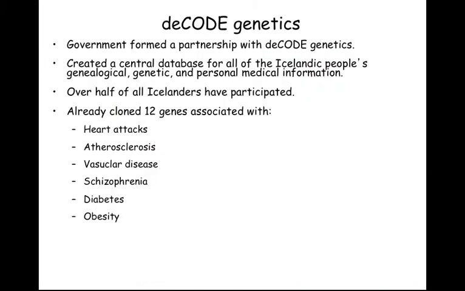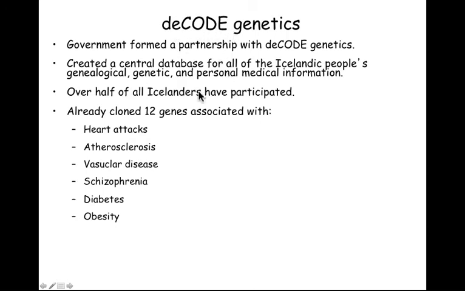Now this has been a powerful technique, especially with Iceland. So Iceland realized that it was sitting on a genetic gold mine, in part because of the way their population had evolved, starting from a very small number of Vikings 1,000 years ago to these 275, 300,000 people now. And not only is it good for those reasons, but also because Icelanders are very good at keeping their pedigrees, keeping their family histories,